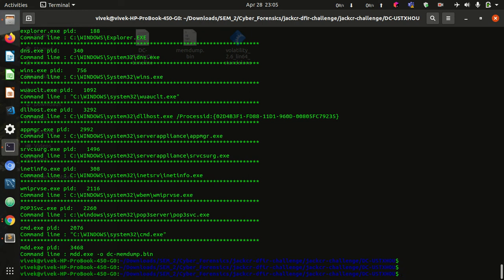So these are all the basic commands of Volatility that we can use, and this is a very powerful tool to analyze. We cannot work directly with the volatile memory of the system, but through this tool we can easily check what were the things that were happening in the system at runtime. So it is very useful.